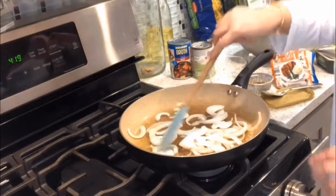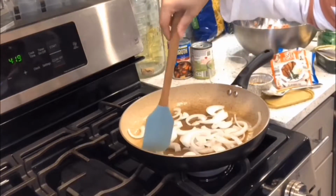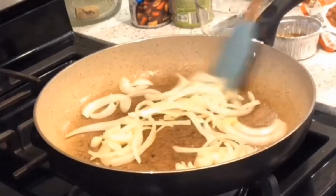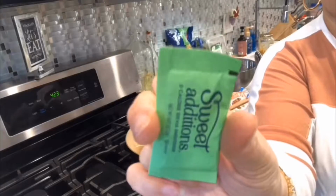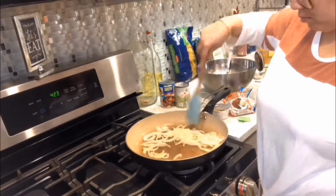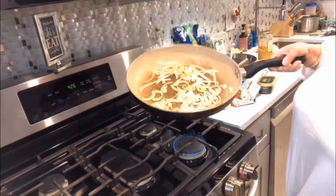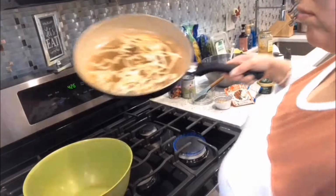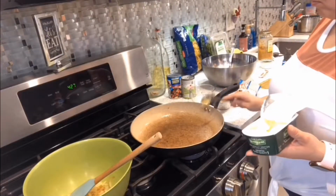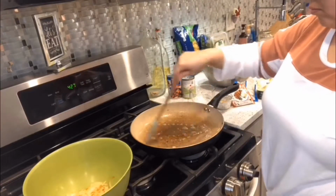I let them cook down, and once they start to soften, I add a little bit of sweetener to caramelize them, because I don't want to use regular sugar because I'm on a diet. So once they are the texture that you want them to be, and they're very soft, you put them in a bowl, and in that same pan you put a little bit of butter, and then you add some minced garlic after the butter is melted,